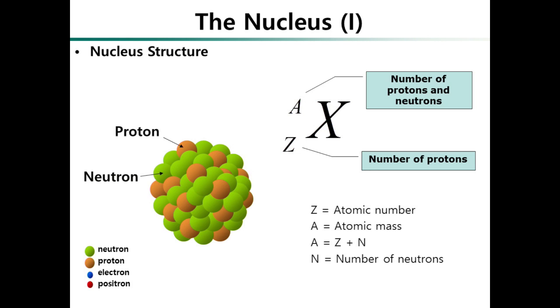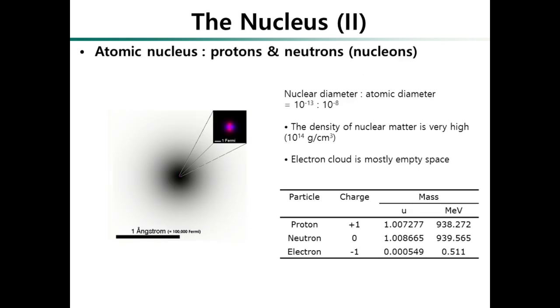So the next part will be... I think this is not the chemistry field, I think it is the physics field. Nucleus. We have to understand what a radionuclide is. We have to understand what the nucleus is. The nucleus possesses the proton and the neutron and all other small particles inside of the nucleus. You can see the nucleus structure here.